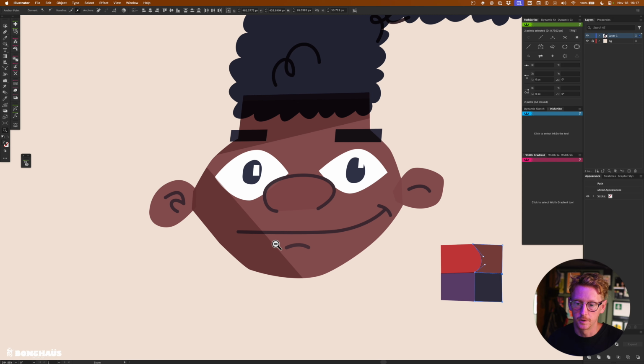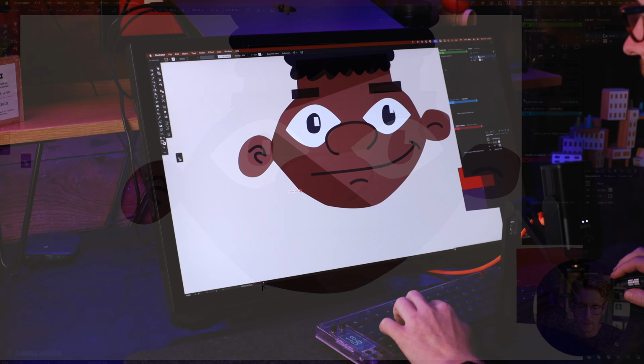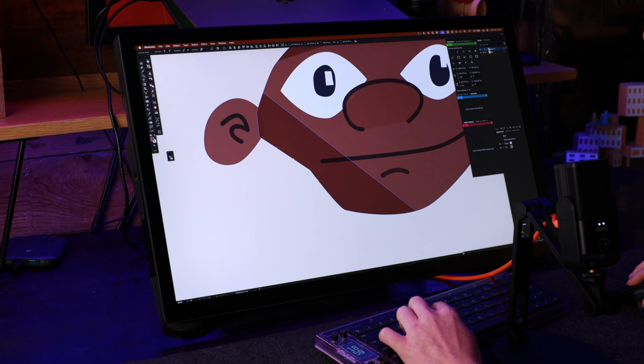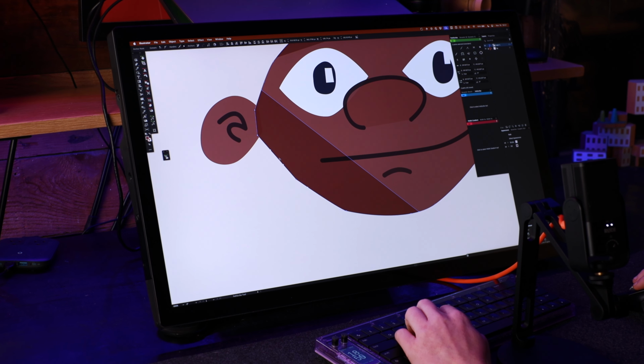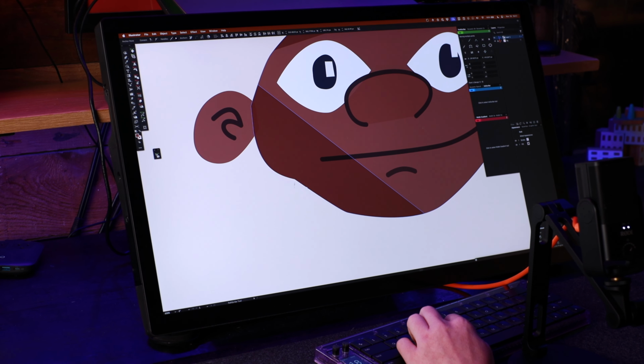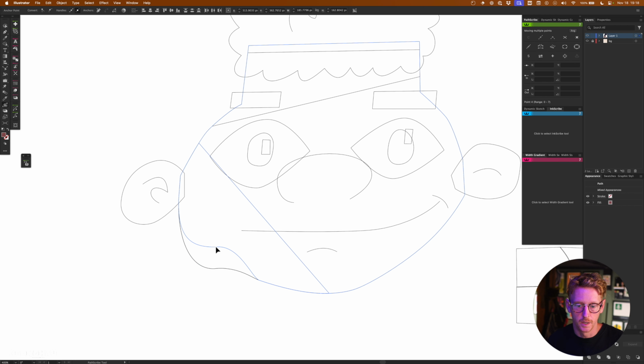Now, let's zoom out and go back to my artwork and show you how it works over here. If I choose my artwork, either one, I click, I drag, and the shadow moves with it. I move it in, I move it out, I move the handles, I move them in, I move them out. Anything I do, it will glue together. And you can see, if I go into outline mode, they are moving together. There's no clipping mask involved. It's just moving the points all together and the handles all together.